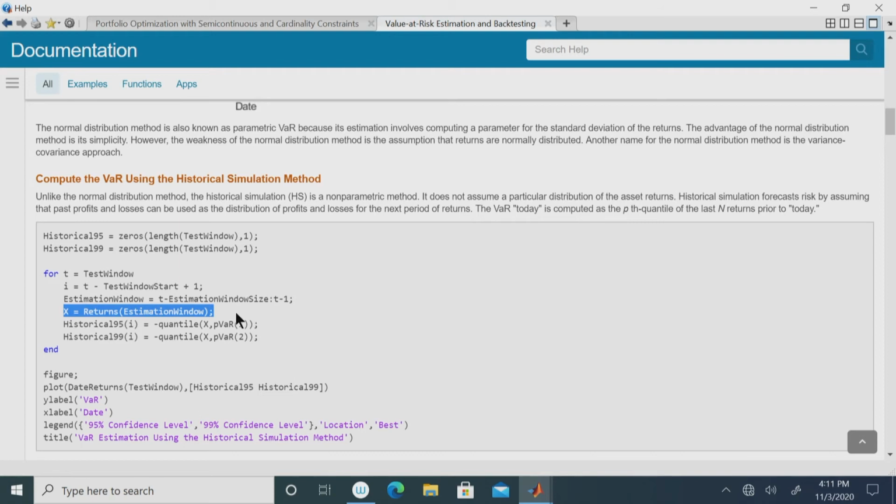you assume that the historical returns for several time points in the past, you expect that the random variable which represents the return for the next one day is going to take several values, because it is a random variable. The assumption is that the random variable for the return for the next day will take a certain number of values, and those values are simply going to be the returns from the past. And so, accordingly, what you do is that you will take then the quantile of these returns of